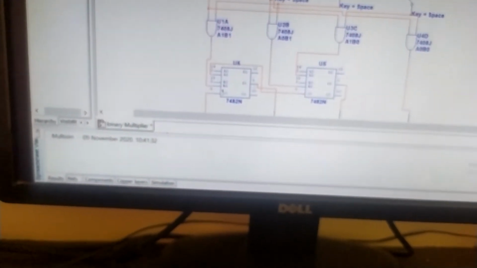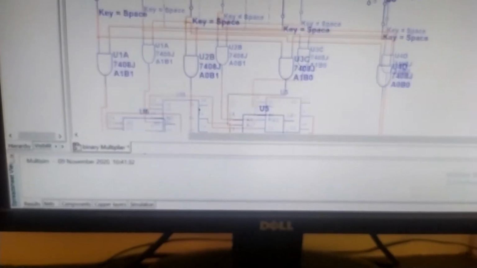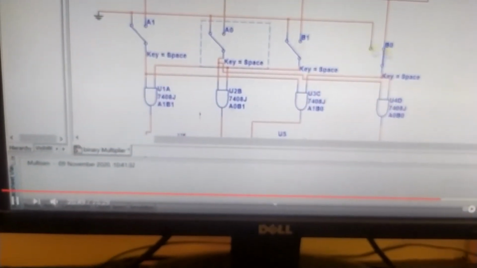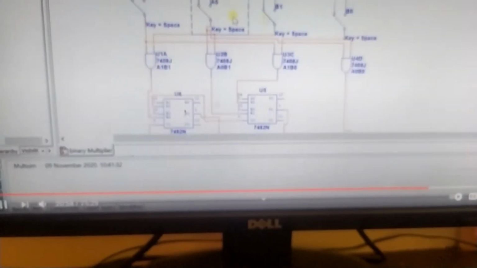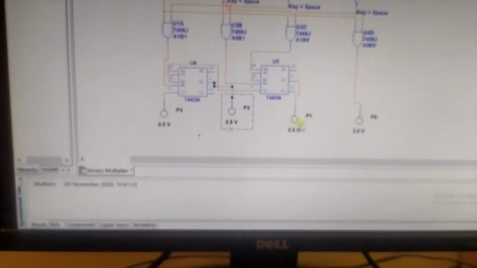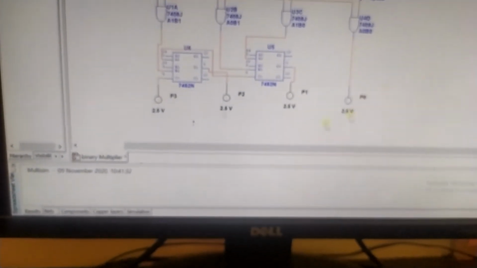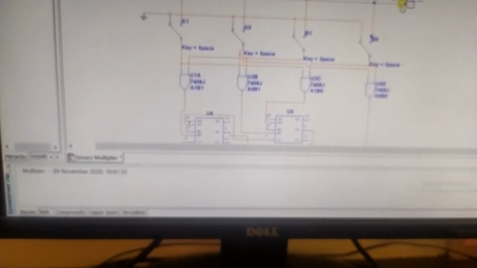So this completes the wiring setup of the simulation using Multisim. Now you can change the switch position from logic 0 to logic 1 by connecting to ground or VCC.